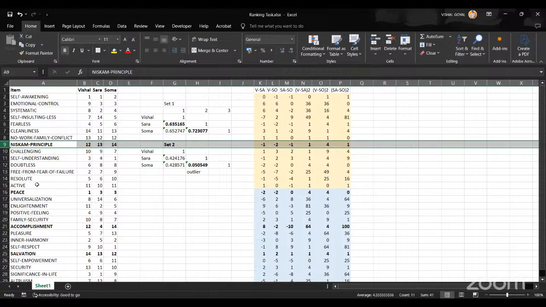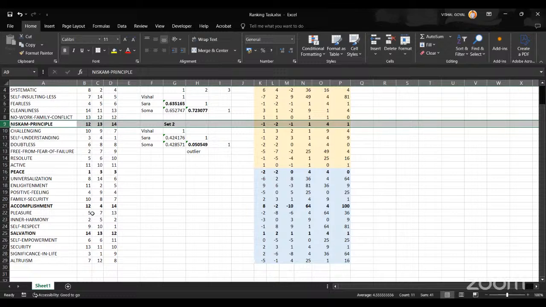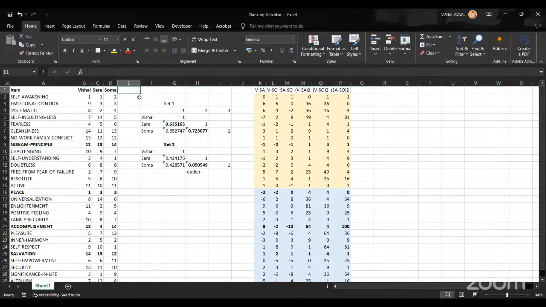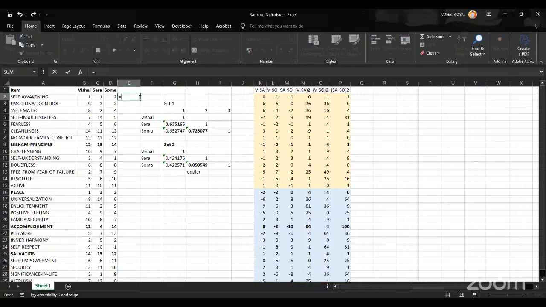Now you do one thing, you can write down the median, then you can find out more. Okay, this is very interesting. Now Shoma has asked me a very good question. Okay, Vishal, make the median. You go to this D, after that E is there, and there you write down the equal to median